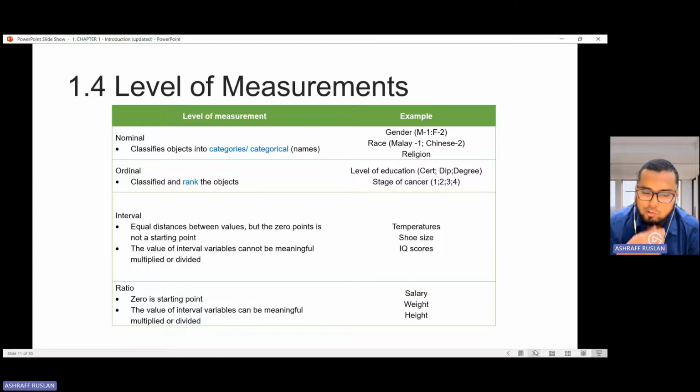As compared to ratio, contoh ratio ni senang lah. Benda-benda yang berkenaan dengan salary, weight, height. Contoh, I am twice older than you. So bila kita dapat buat ratio yang meaningful, so those are under ratio. Untuk performance next year, based on your current performance, I'm going to double your tips lah, ataupun I'm going to double your salary. Wah, kan? So bos dah start counter offer. So kat situ contoh-contoh untuk ratio lah.